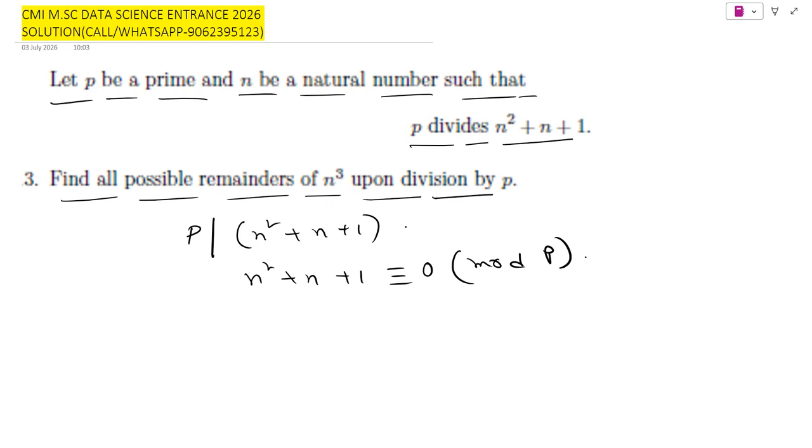Whenever a question gives a congruence, our job is to manipulate it until it resembles the quantity we want. In this case, that is N cube. So remember our golden rule: A divides B means